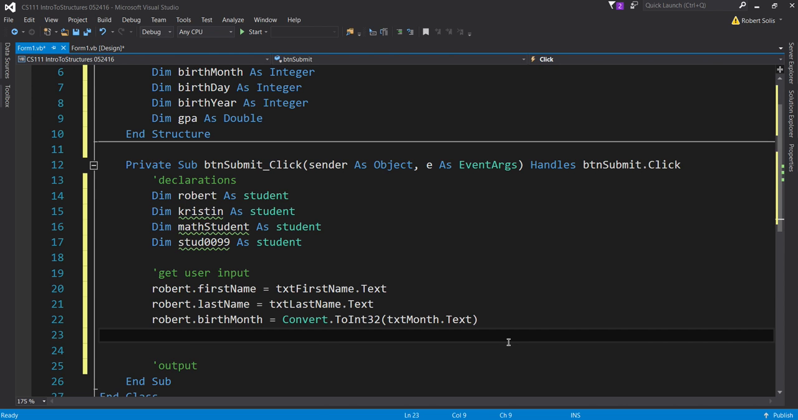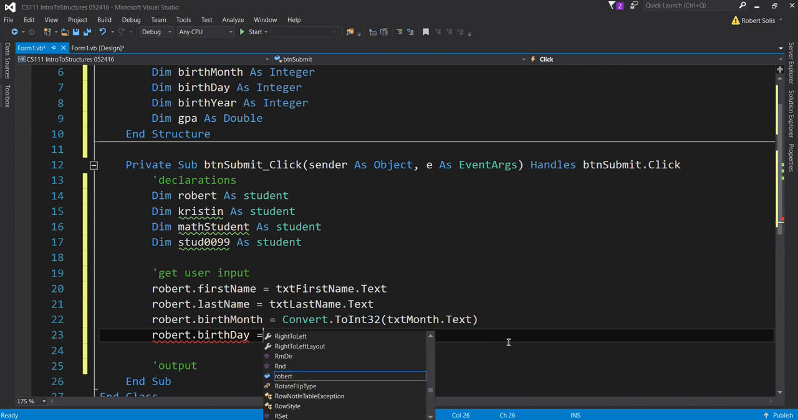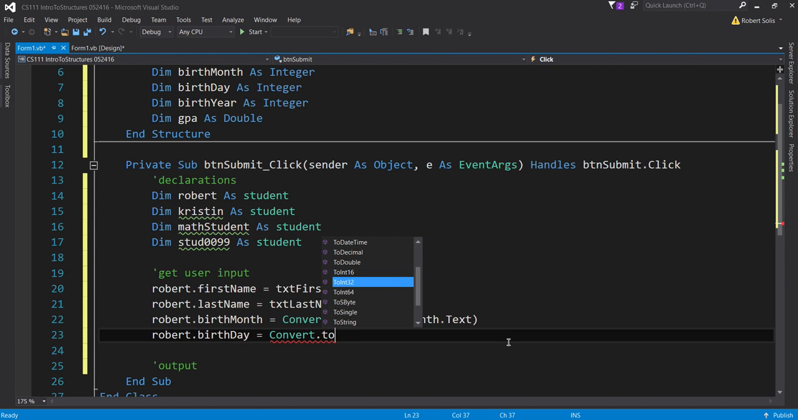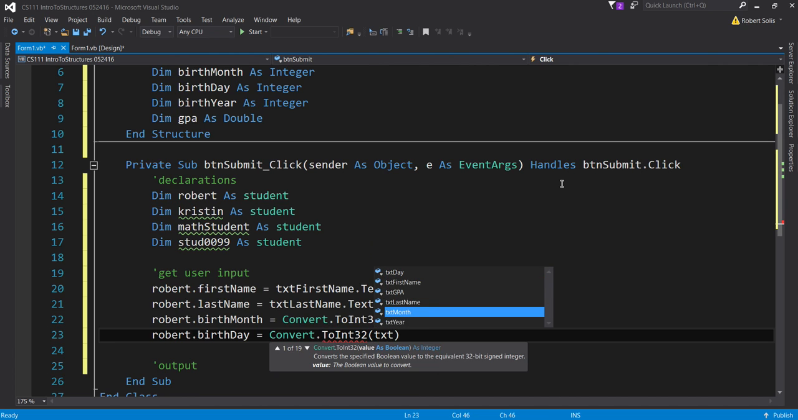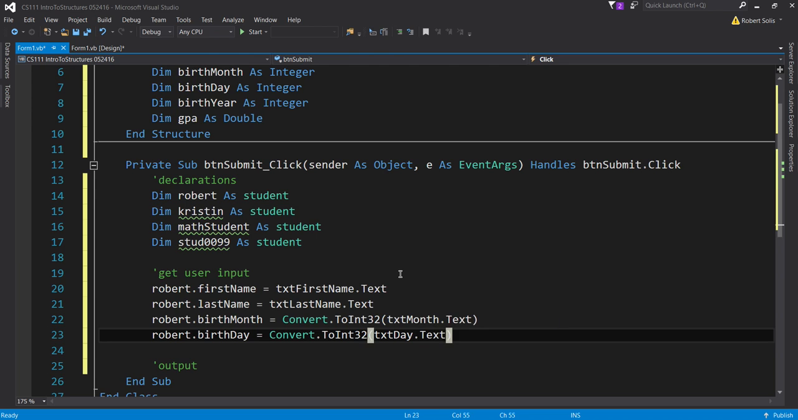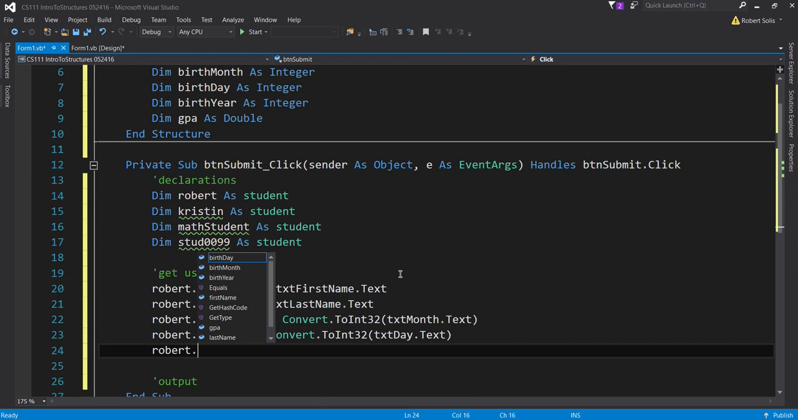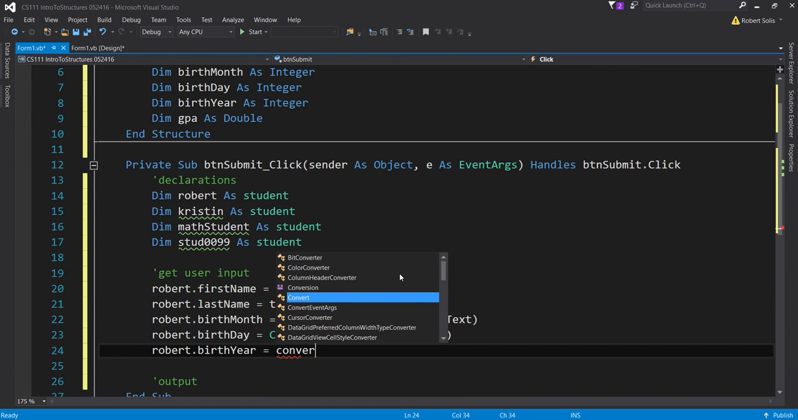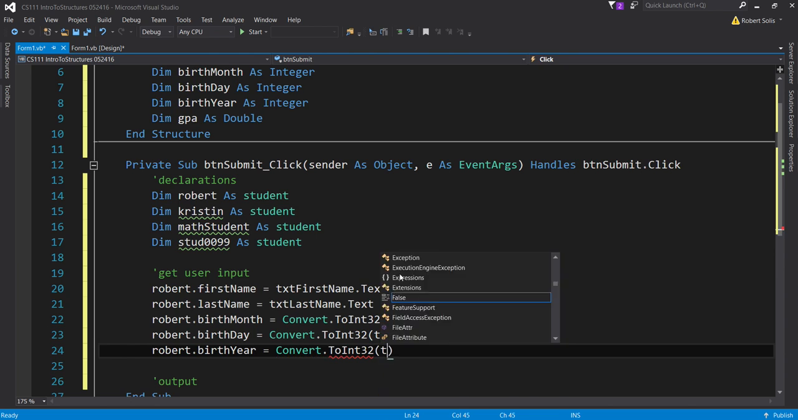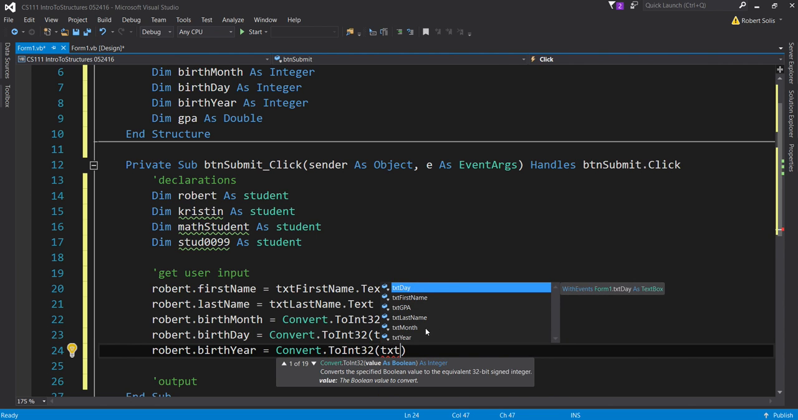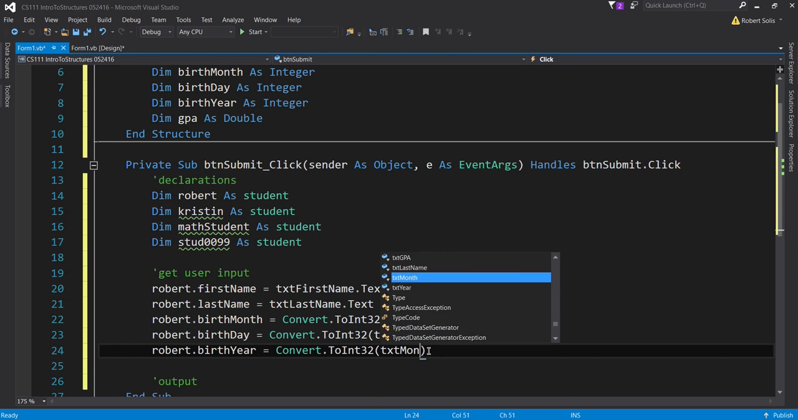We'll do the same for Robert.birthday. We'll convert to int 32 because that's an integer, as you can see over here. And we'll say txt day.text. Robert.birthyear. Once again, we're going to convert to an integer whatever is inside of txt birth year